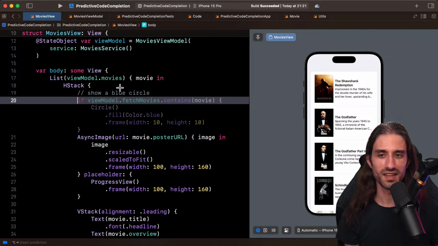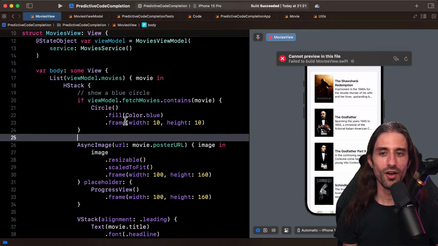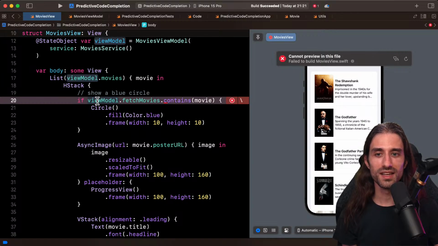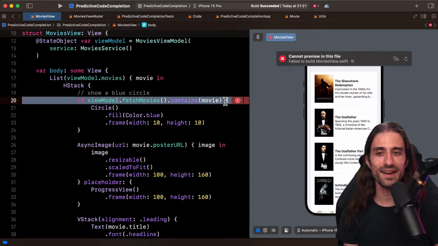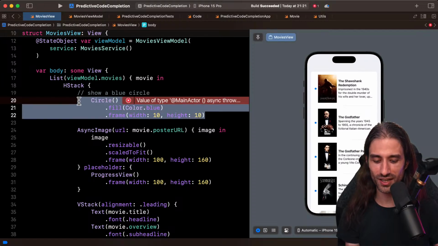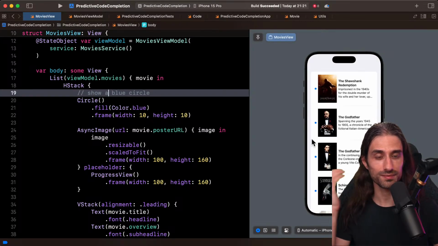So what's funny is that it does it, but it adds a lot of verbosity. It shows the circle, it's indeed blue, but only shows it if fetch movie, which is a function that is not even called, contains the movie. So it's funny because it generates the correct stuff, but it puts a weird condition around it. But you can see that it did the trick.